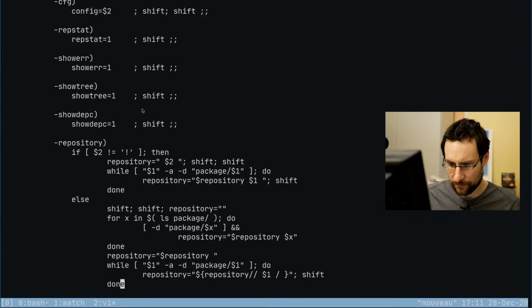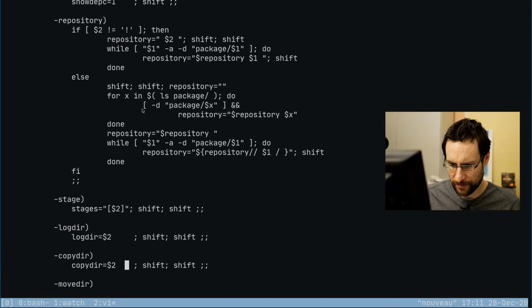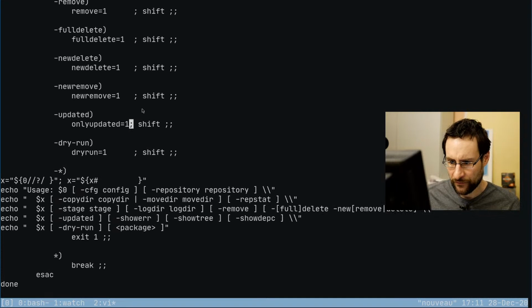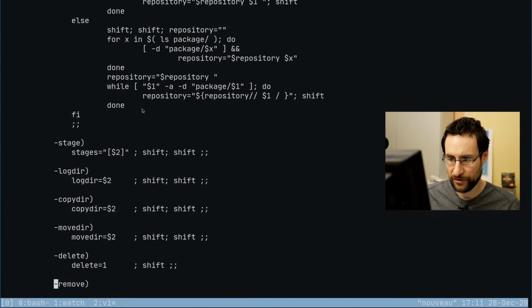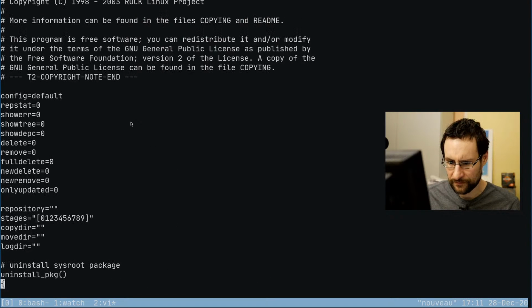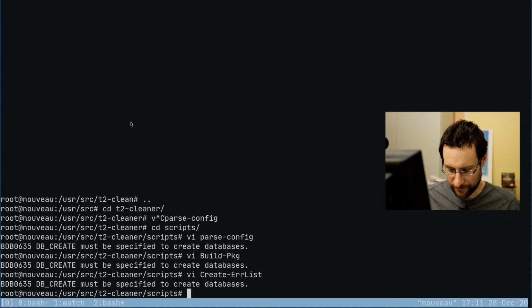That probably once upon a time might have been useful, and it's probably worth keeping. If people ask, do we need this? No, not really, but if we have it already, then let's just keep it